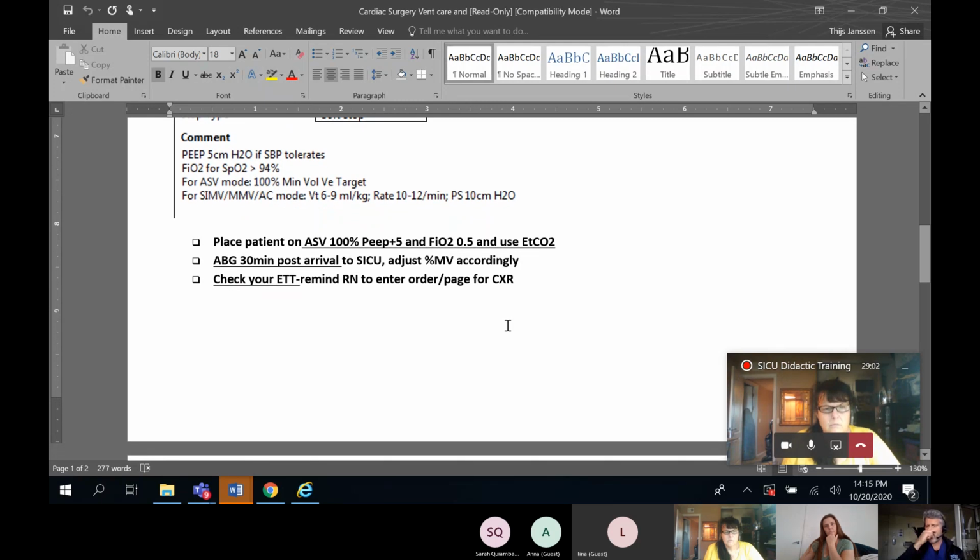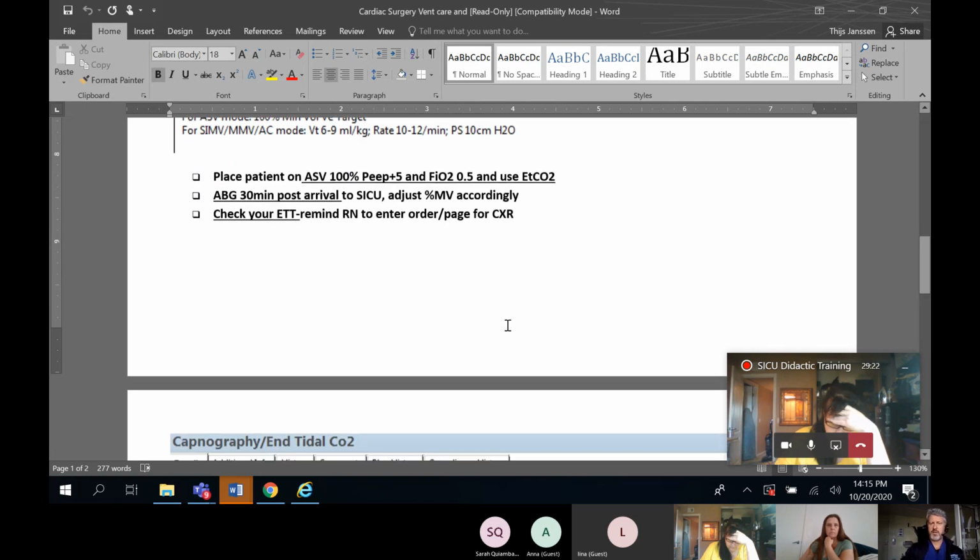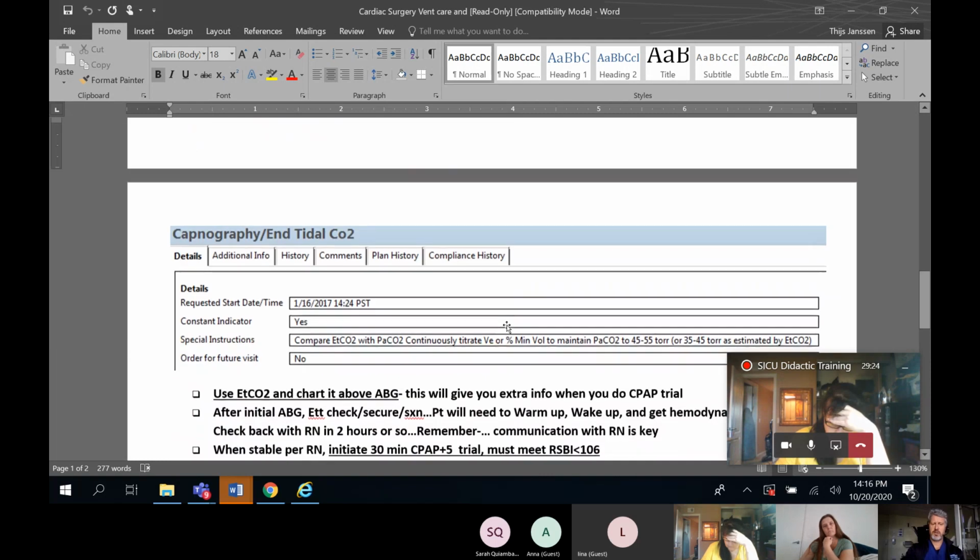Check your ET tube. Always collaborate with the nurse on getting the order and the page out to X-ray. That's where they can be very helpful. We have a lot going on, and so do they when they land the patient, but they will page X-ray. That's kind of their task to take off our hands. But we want to follow up, make sure it's there, make sure you check the tube, and make sure you